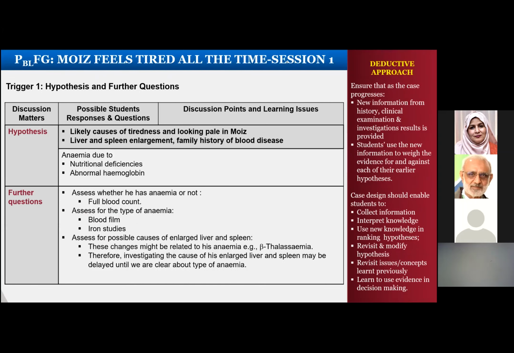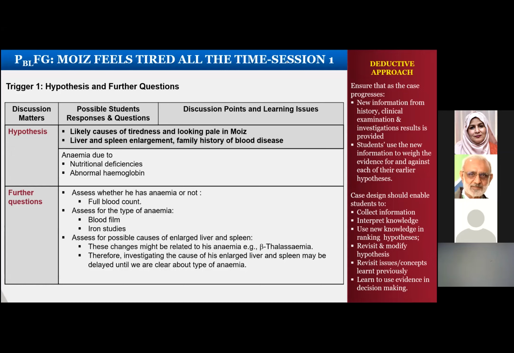Okay, then at the end of this, the third component will be the hypothesis and future questions. So what is the hypothesis? The likely causes of tiredness and looking pale in boys. You have identified these are two problems. The liver and spleen enlargement with a family history of a blood disease. You will think that the patient is suffering from anemia, which might be because of nutritional deficiency or